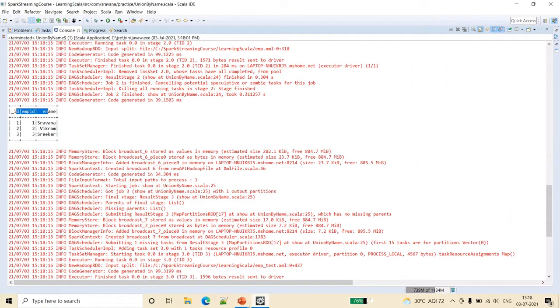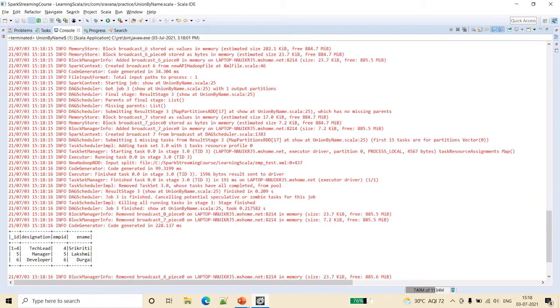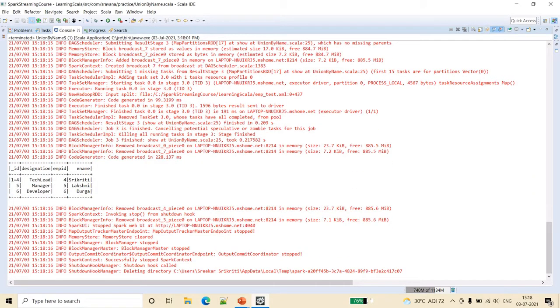This is the first data frame's output, which has the record ID, employee ID and employee name. Because this is XML, it has considered the row tag's attribute here, which we can drop. And similarly, the second data frame has printed employee ID, employee name and designation.